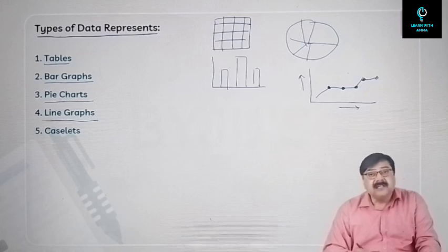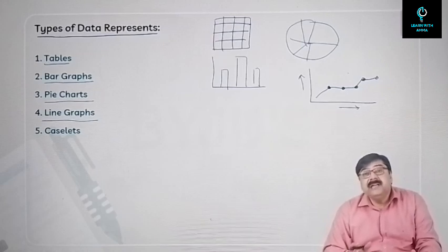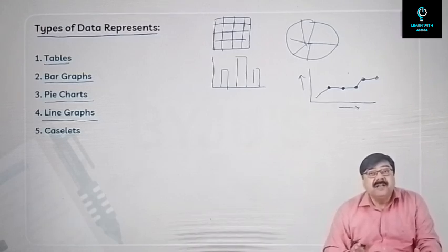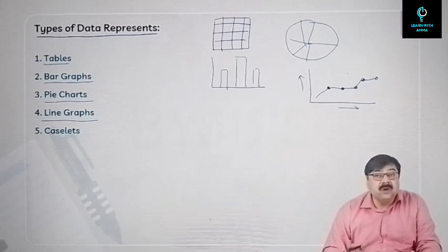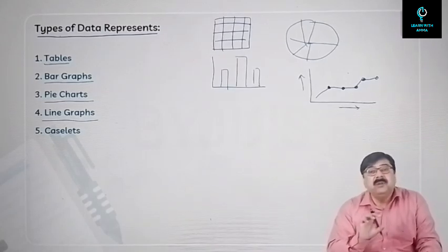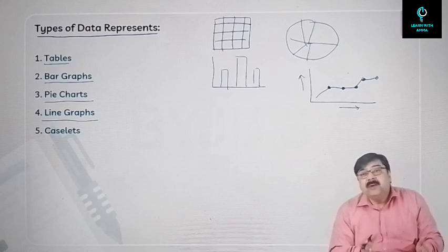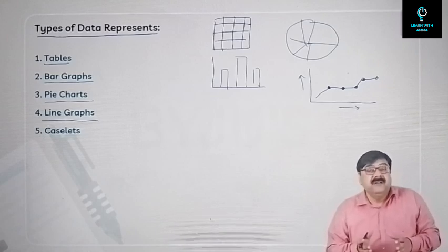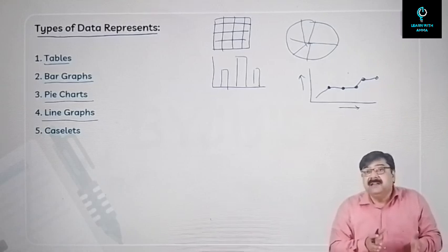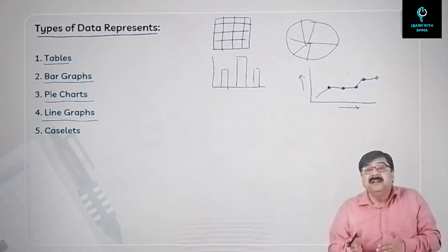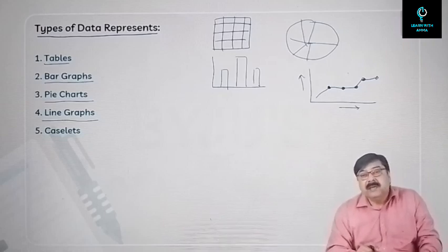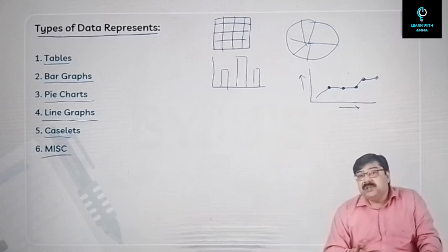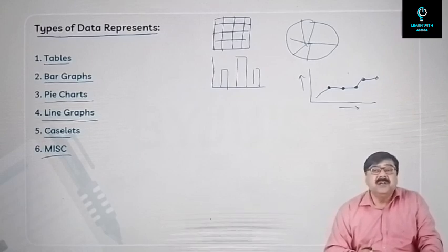Caselets. Now caselets are when data is given to you in textual format. That is, the data is not given in terms of tables or bar graphs or line graphs or pie charts, but there is just textual mention of the data, looking at which you finally have to come up with a table or a bar graph in the rough. Now, by observing that table or the data representation that you have drawn in rough, you have to solve the questions. Then there are certain miscellaneous types as well, mostly the combinations of tables and pie charts or bar graphs